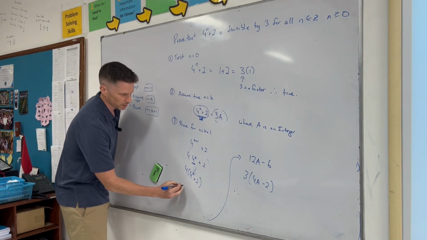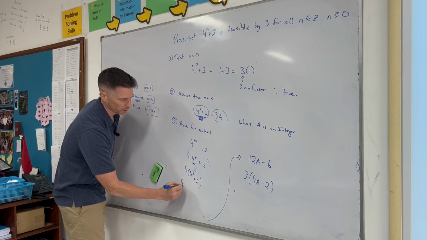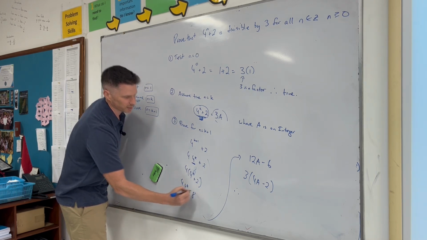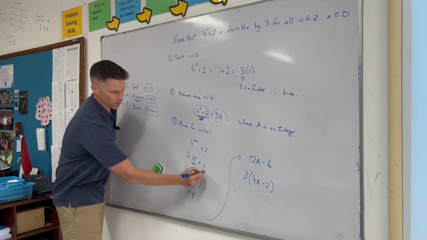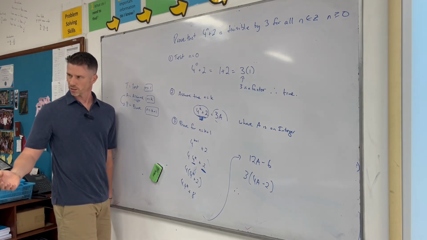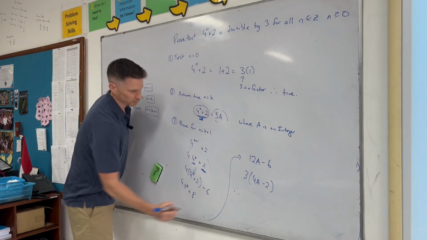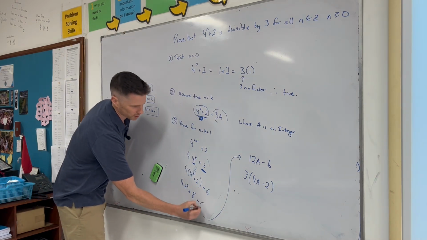But that's really, if I multiply that out, that'd be 4 times 4k plus 8. That's not the same as this. I've put too much in. So if I just put a minus 6 after this, and then the minus 6 would be here, and I'd